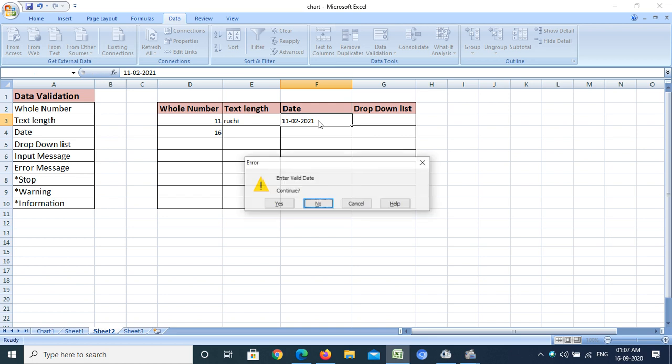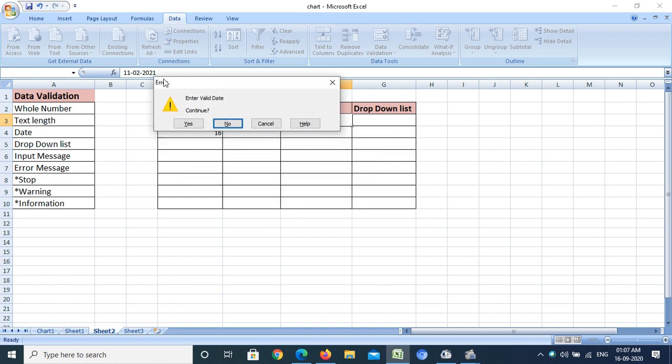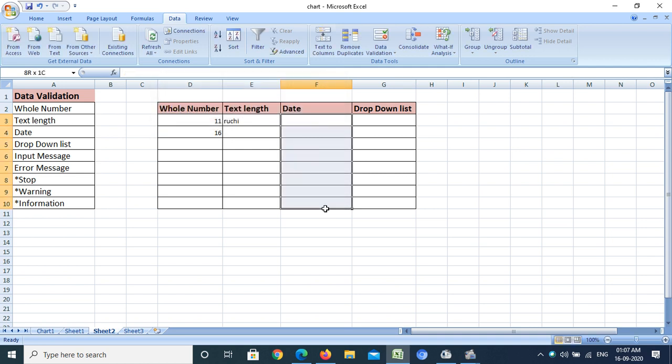Now it will show me the message. The title of the message is error and the message is enter valid date. Now it shows the symbol of information, right? So in this way we can implement data validation of dates.